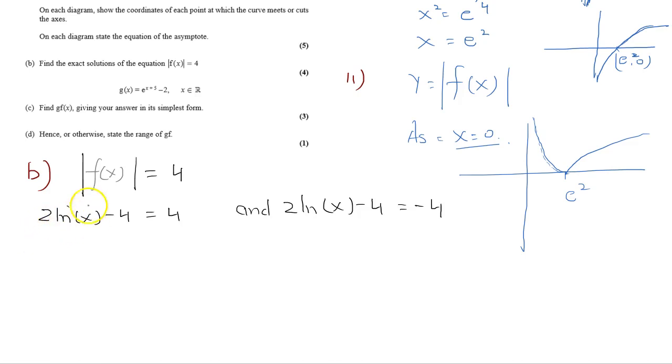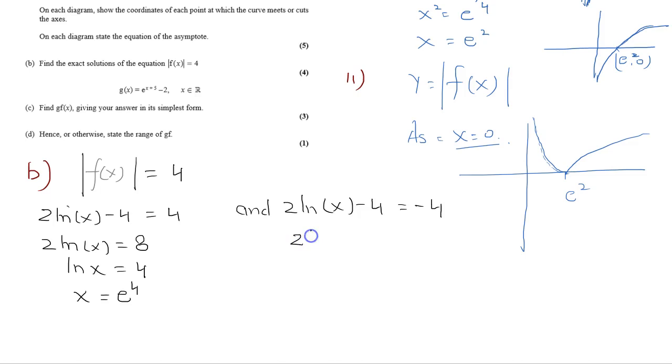So first we solve this. So 2 ln x is equal to 4 plus 4, 8. So ln x is equal to 4, so x is equal to e to the power 4,